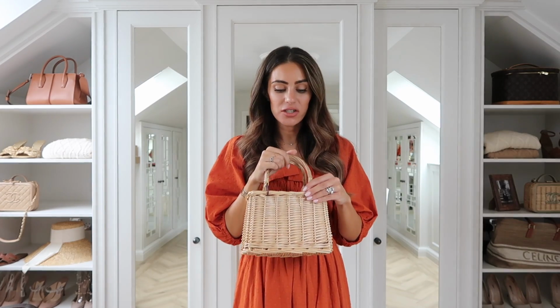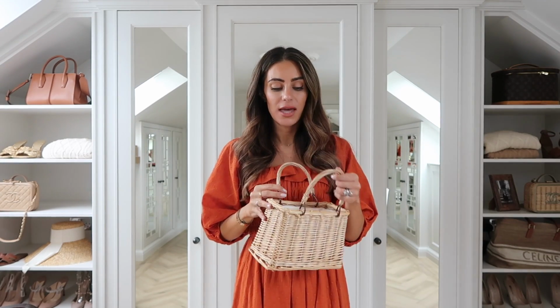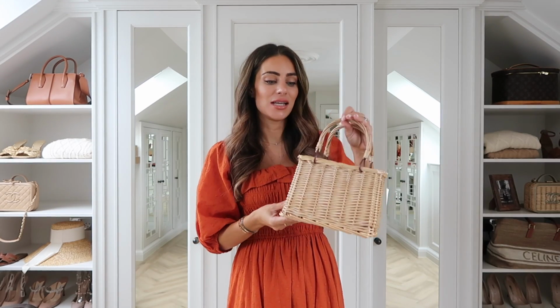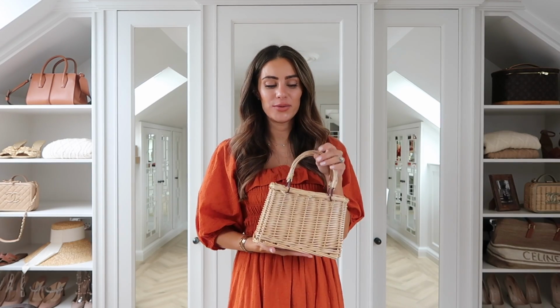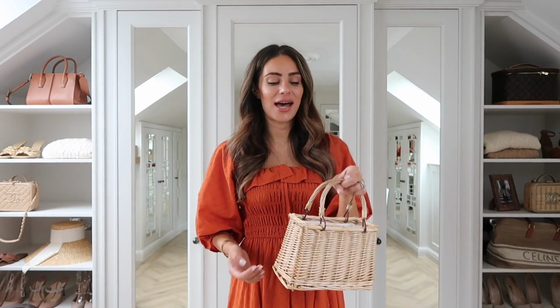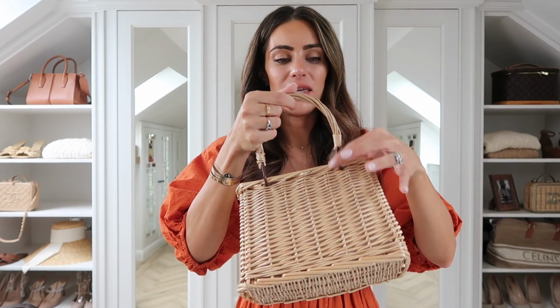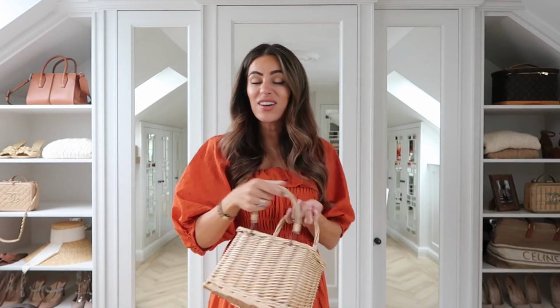And I found this on Amazon, and apparently you can actually contact the place that makes them and they'll change things up a little bit on it, so you can have it tailor-made to you. So maybe in the future one day I'll design my own wicker handbag that has the same elegance as the picnic bag, because this is actually really practical. The only thing that would be really lovely is if they could change these to either metal or leather. I love the fact that it comes with a built-in dust bag, so your belongings are protected,